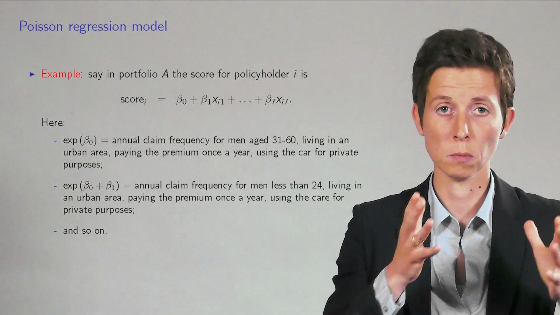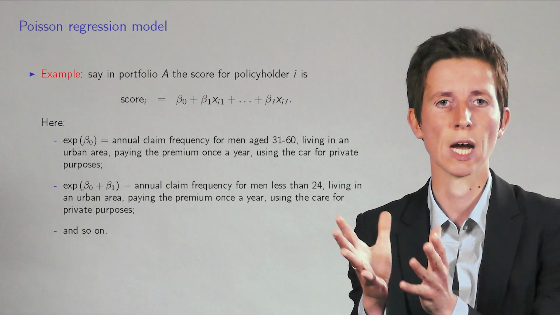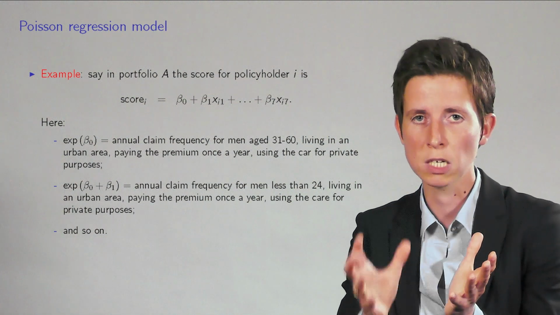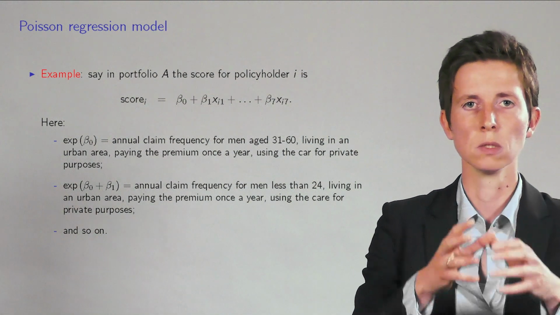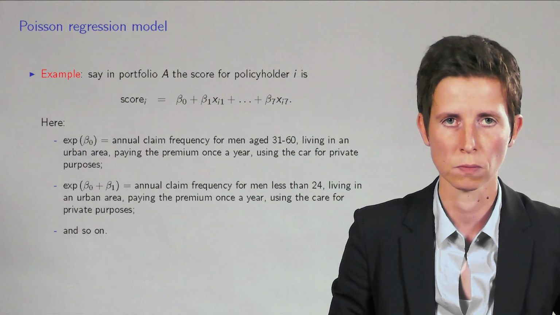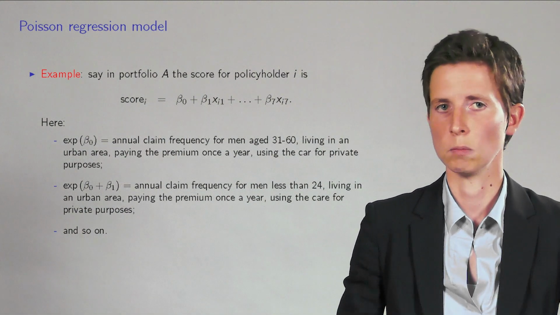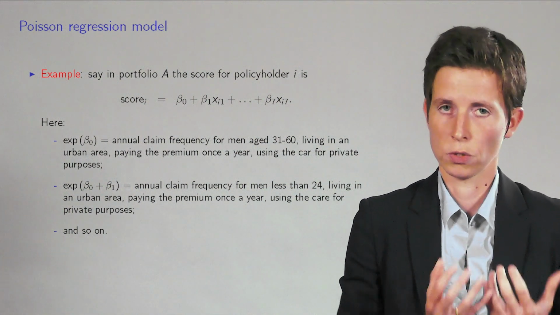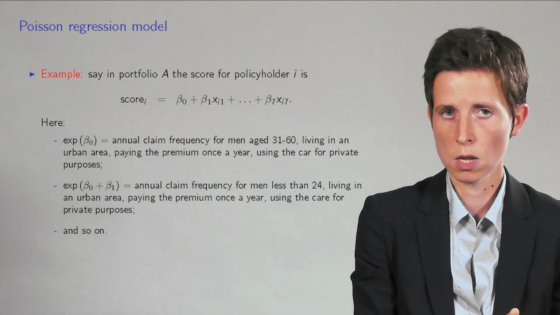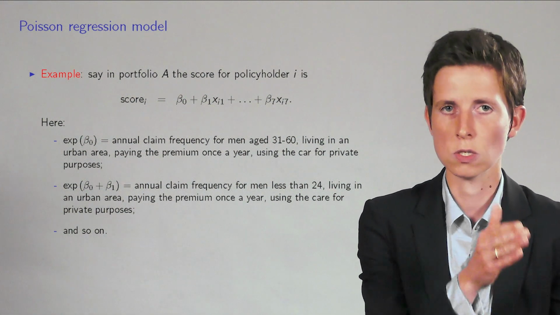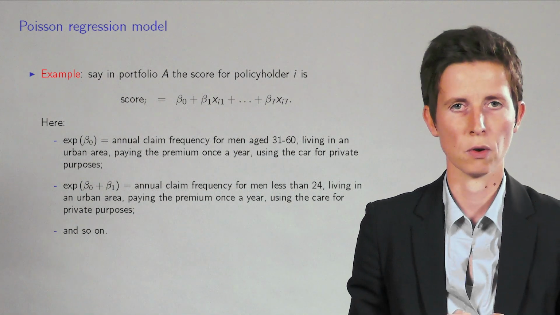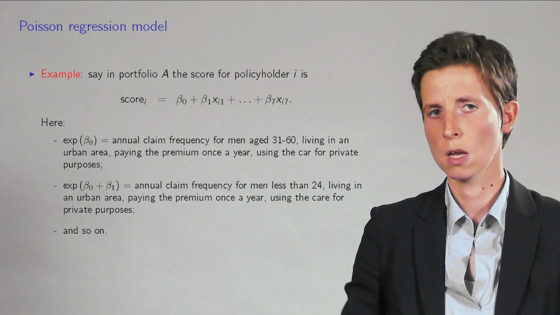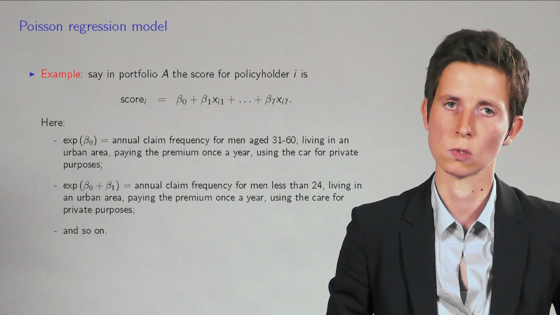Returning to our introductory example, we see that the score for policyholder i is then beta 0 plus beta 1 times x1 plus beta 2 times x2 and so on until beta 7 times x7. Then, as we said before, the exponential of beta 0 is the annual claim frequency for the reference class, which is a male driver aged between 31 and 60 years old, who's living in an urban area, who pays the